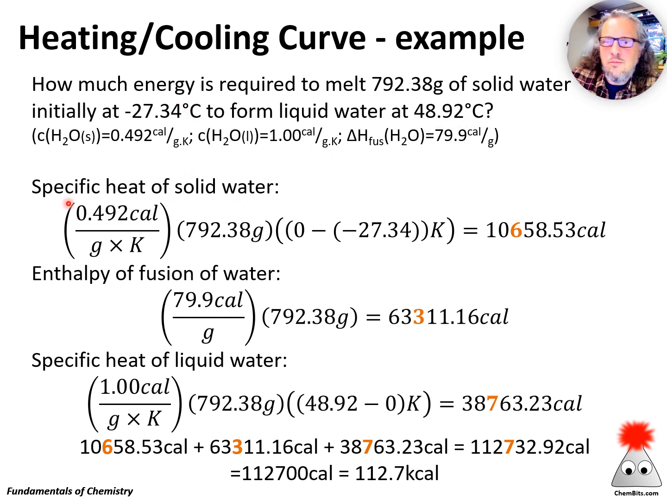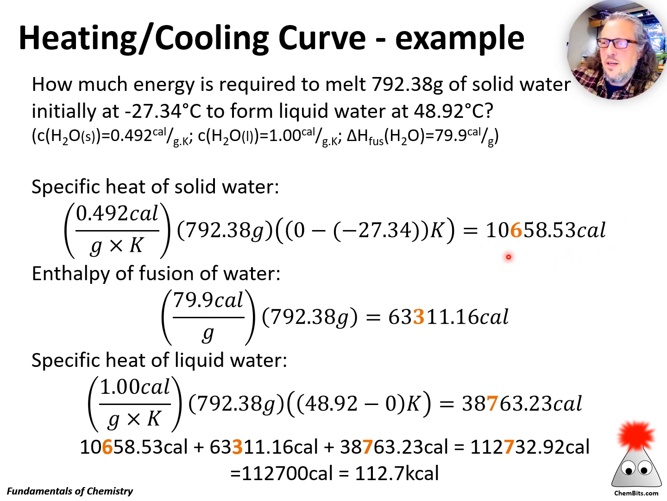So specific heat is solid water. Let's do the first part. This is given in the problem, 0.492 calories per gram Kelvin. I know that I've got 792.38 grams. That gets rid of grams. Kelvin, remember, change in temperature, degrees Celsius and Kelvin is the same amount. So from negative 27 up to 0, here I did it formally, final minus initial. There's my temperature change. Run those through and I get